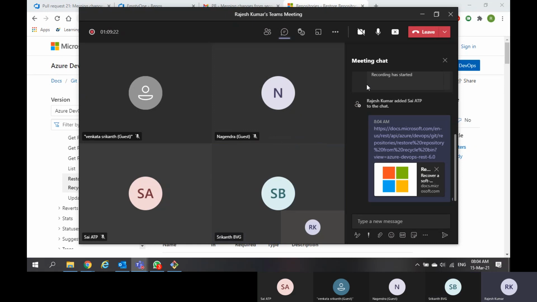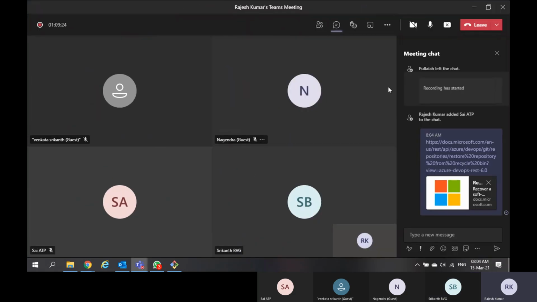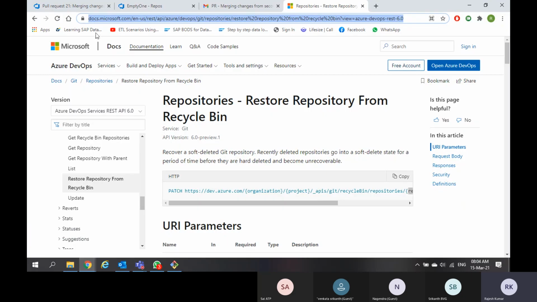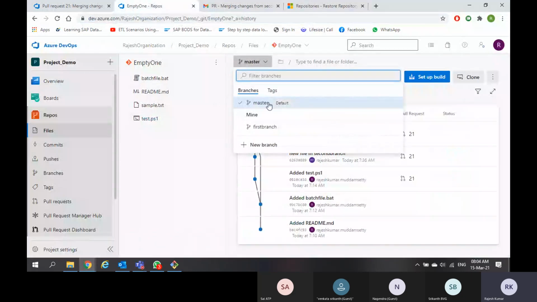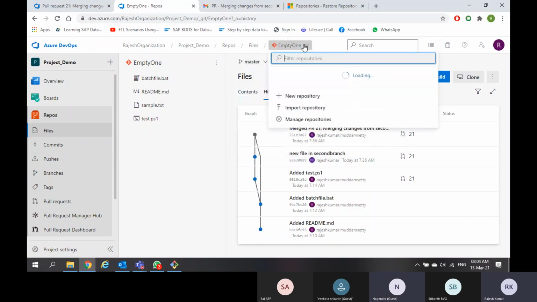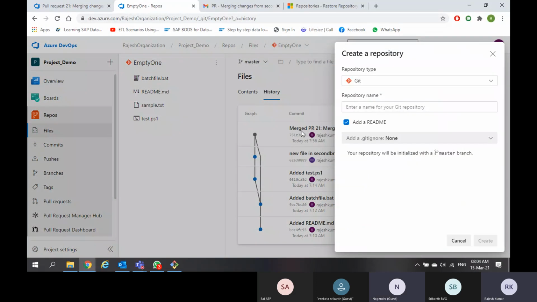I want to ask Nagendra. Nagendra, you got right how to bring the code into Azure Repos? But you have created the first branch, second branch, right? The same thing, right? No, it's not about within the repo. I'm asking you how I can bring the code into these repositories from local.